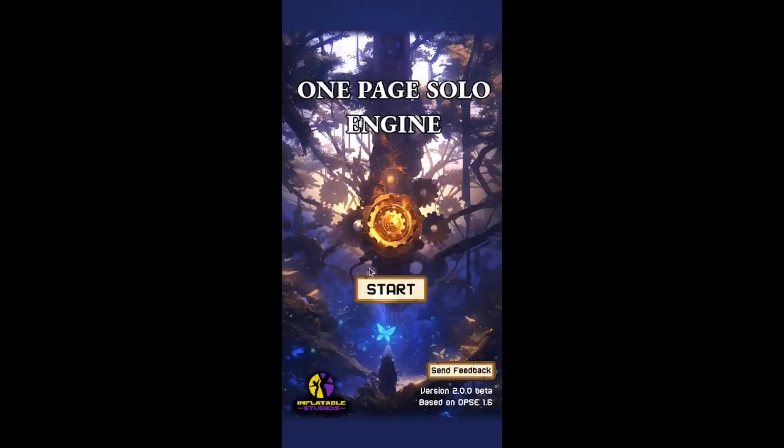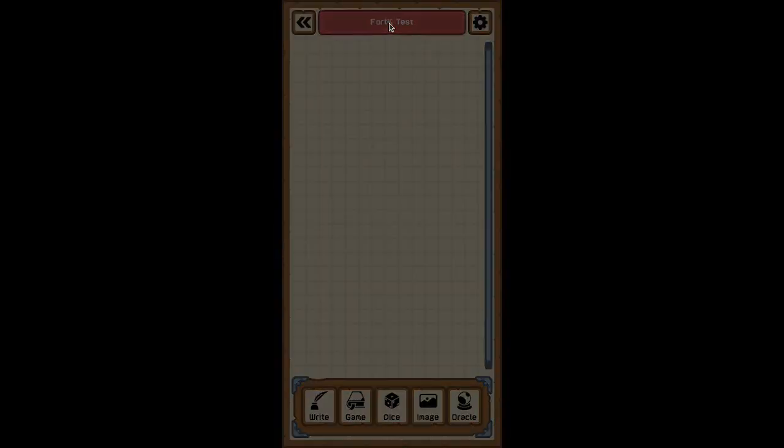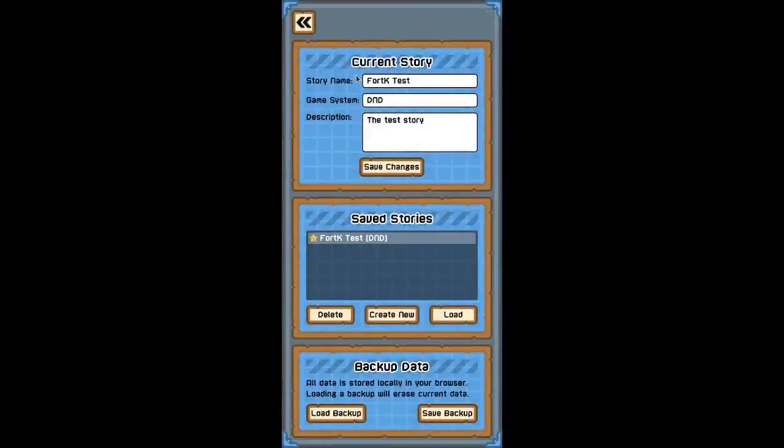This is the back button to go back to the start menu. This is where we set the name of the story. I've called it 4K test. I've decided that the game system is D&D. I don't know if that makes a difference particularly. I've called it the test story, the description of the story. So we save it. We can load stories from a backup and save to a backup, because this is currently